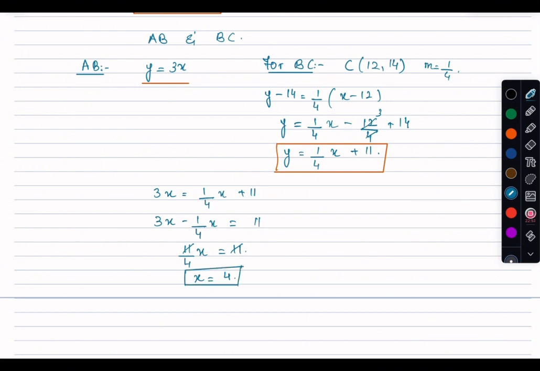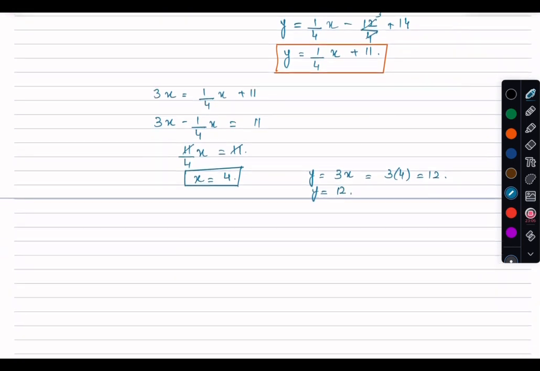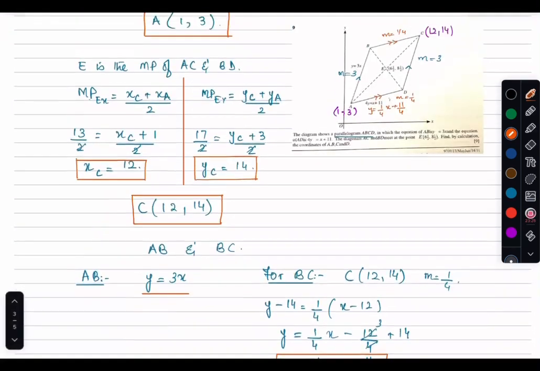So the y coordinate is going to be very simple. It should be 3 times x, or I can say this is 3 times 4, or this becomes 12 here. That means I have the y coordinate also, which is 12, and very easily now I have the coordinates of B, which are 4, 12. So B is also done. Now the only point which is left is point D. So again, if I look at the diagram,